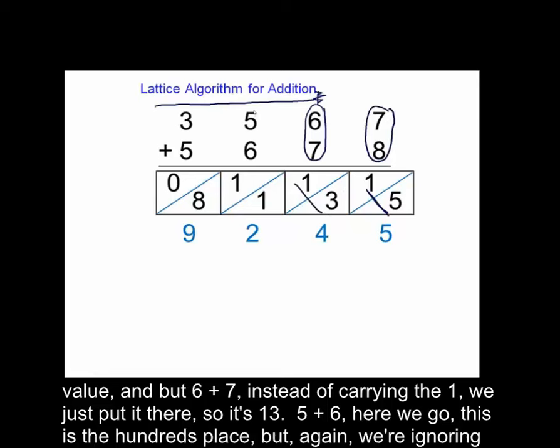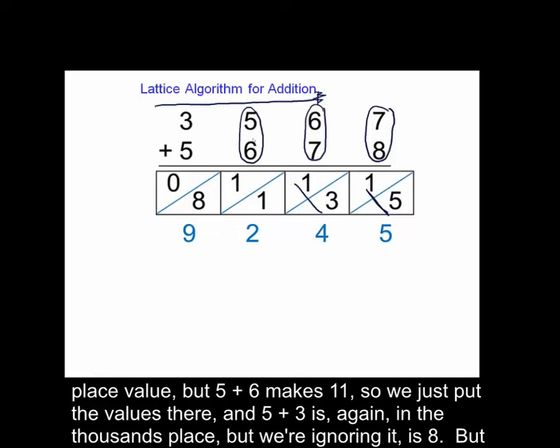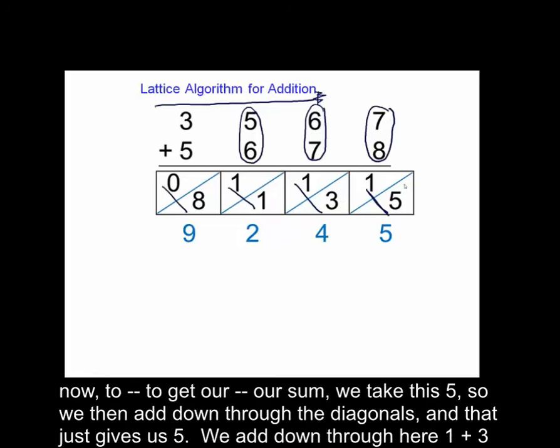5 plus 6, here we go. This is the hundreds place, but again, we're ignoring place value. But 5 plus 6 makes 11, so we just put the values there. And 5 plus 3 is, again, in the thousands place, but we're ignoring it, is 8. But now, to get our sum, we take this 5, so we then add down through the diagonals,